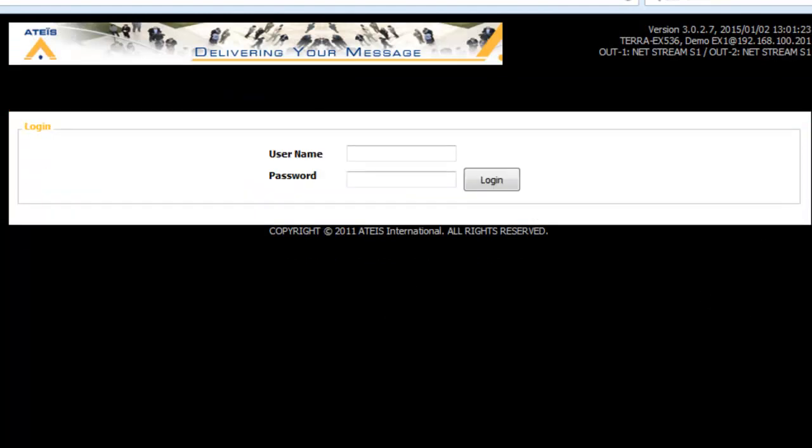And just to make sure, what I'm going to do now is I am going to unplug this audio output from this one EX module. There you go. And I'll plug it into the other EX module that we programmed first. And that's the other EX module. So it's multicasting out to 2 Tera EX modules at the same time.